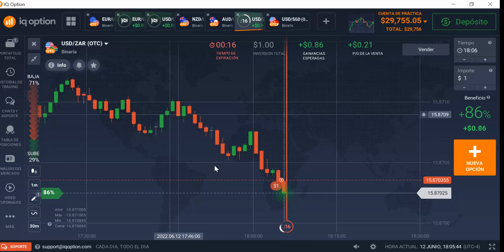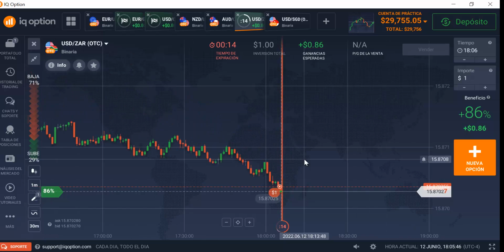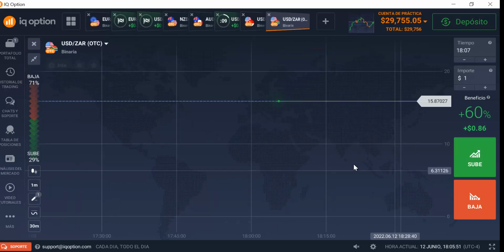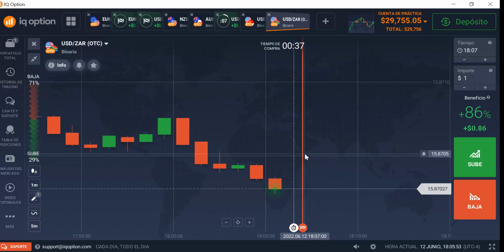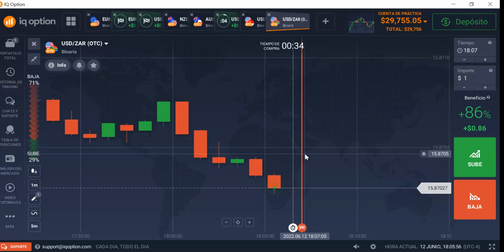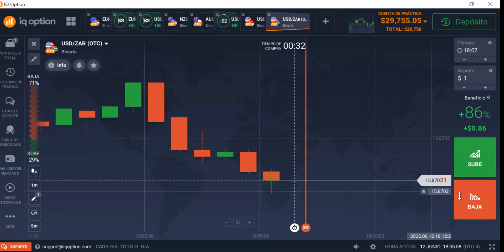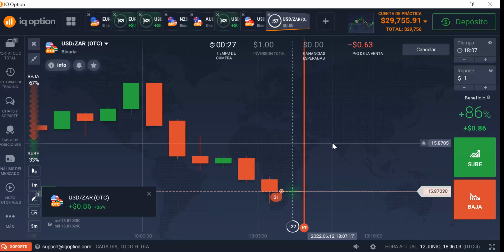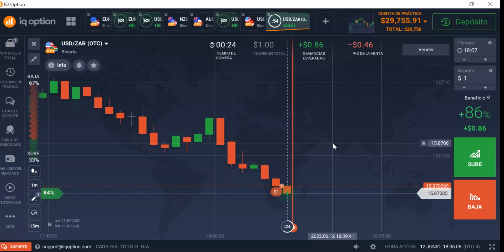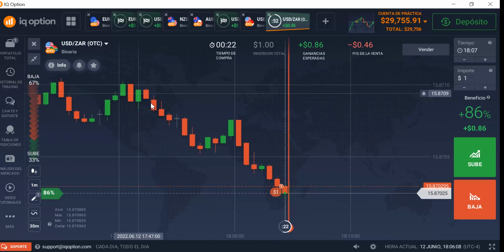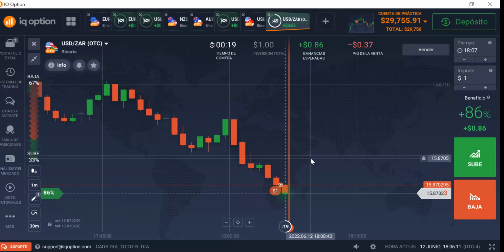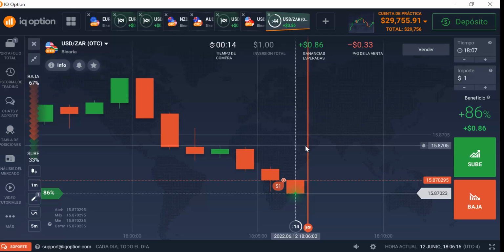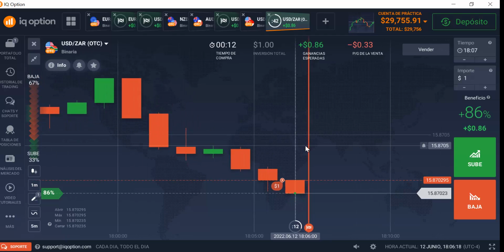So let's see. There is not a previous level. Let's see if I can take another trade here. Okay. This is okay. All right. I'm gonna take a lower option again. Why do I take another lower option? Because this is a momentum. So this is a hammer and this is a continuation candle. So I understand that the market is going to continue to go down